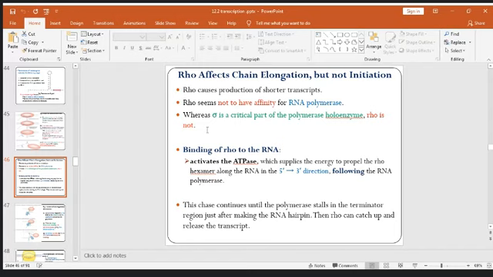That's why we call rho a protein and an extrinsic factor to create this